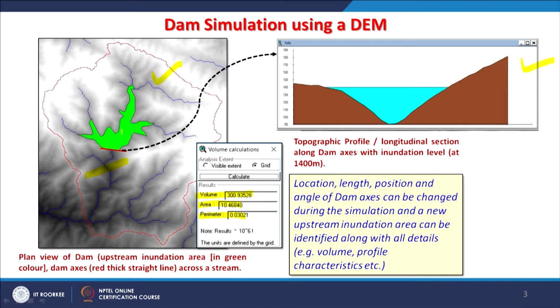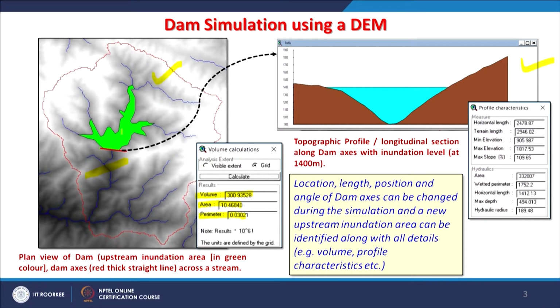If I do not have GIS or a digital elevation model, I tell you, with topographic maps it is near impossible to estimate such things very accurately. So what people have been doing, they were using just contour lines and deciding the reservoir based on that. But if I change the location or rotate my dam axis, then again it has to be calculated. But here things become quite fast and very accurate as well.